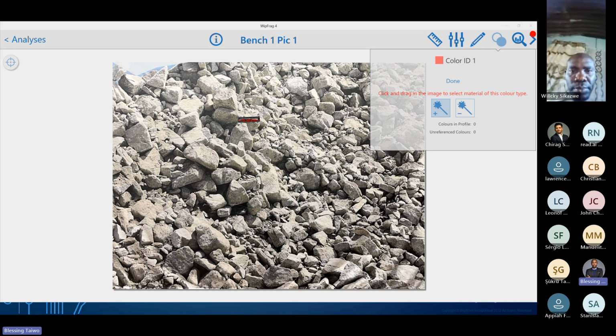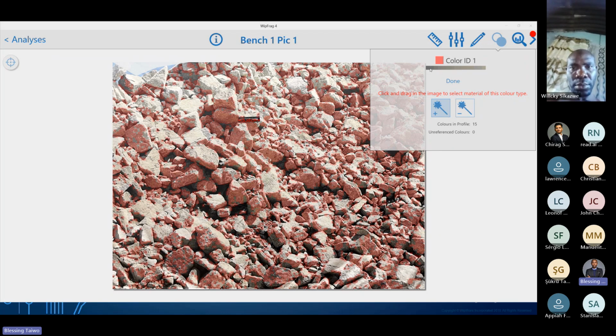So in this webinar, I'm going to be assuming that all the sections of this material in this picture with black spots are my high grade ore. For example, maybe this is my iron ore, so the iron content is concentrated where I have black color. The first thing you need to do is to select the color ID, then put your cursor on where you have the red dot, then drag the cursor. As you hold on the cursor, the software is going to identify the black spots on that rock. As I've said, in this case, we are assuming that the black spot is where we have high concentration of high grade ore. Then you set that.